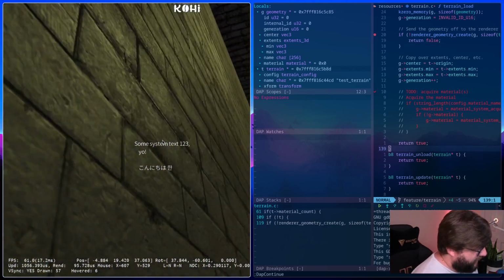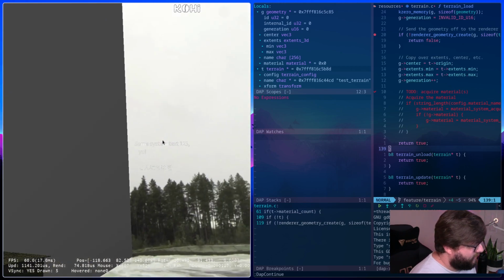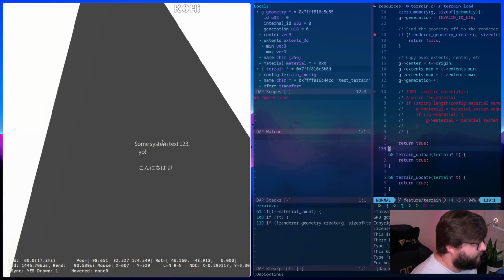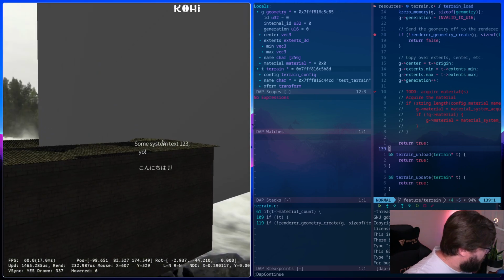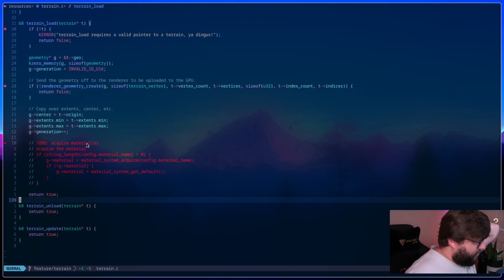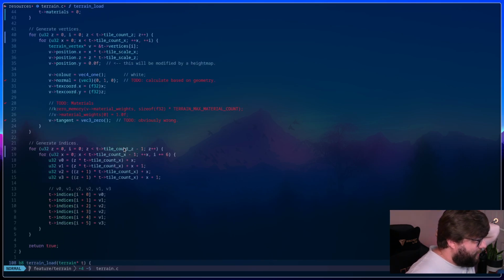But you can see, if I back out a little bit here, we have this huge plane here. It's on the wrong axis, but that's something, right? So why is it on the wrong axis is the next thing. It's a steep terrain, yeah. It's a friggin' cliff.